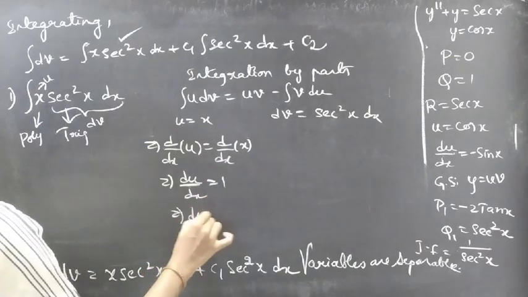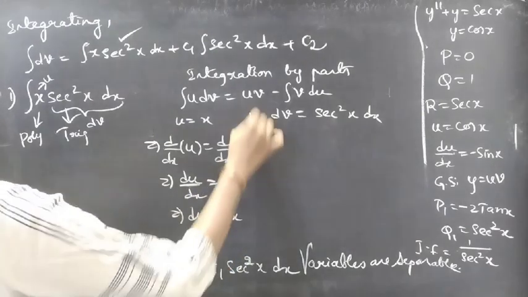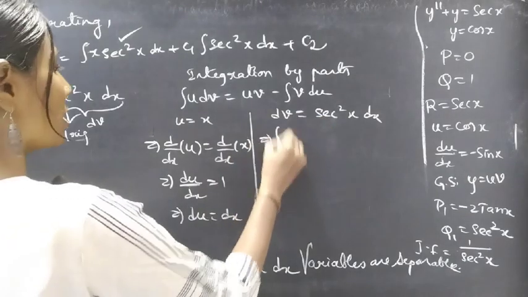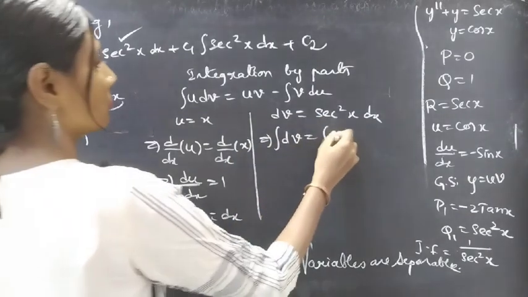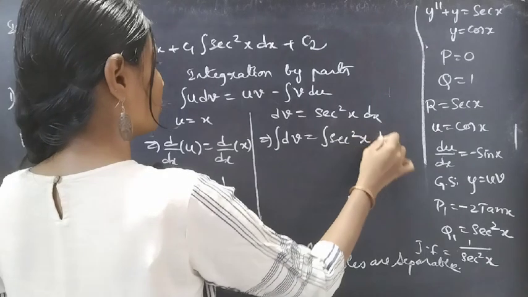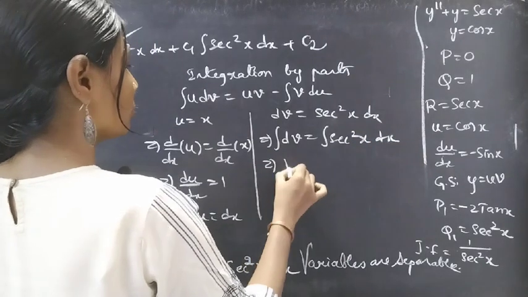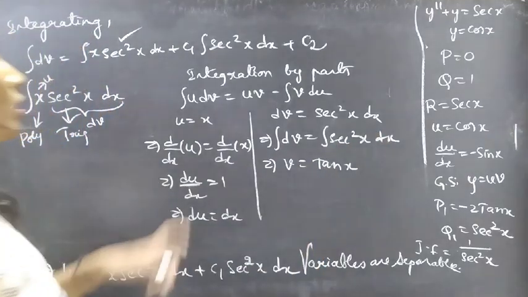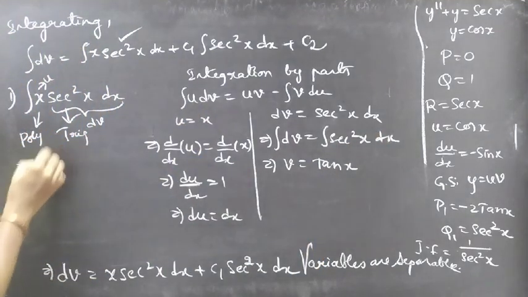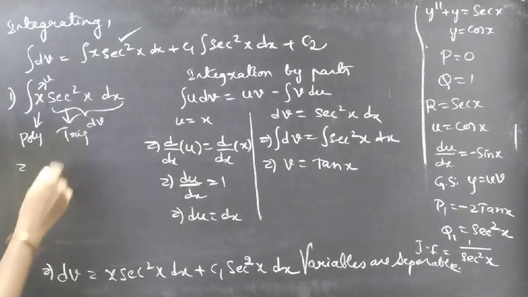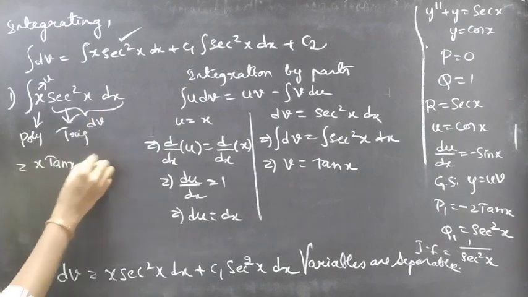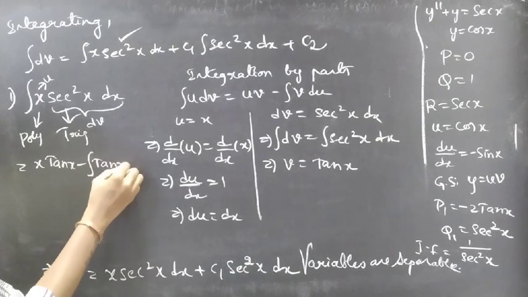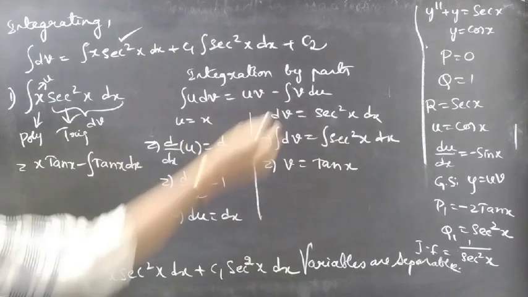From this we'll get du equal to dx. Here integrate on both sides. We'll get v equal to integral secant square x dx, which is tan x, right? Now apply this formula. Integral u dv equals uv, that is x tan x, minus integral tan x du